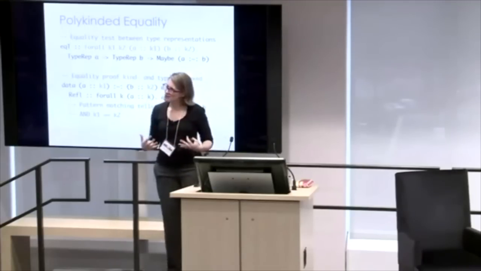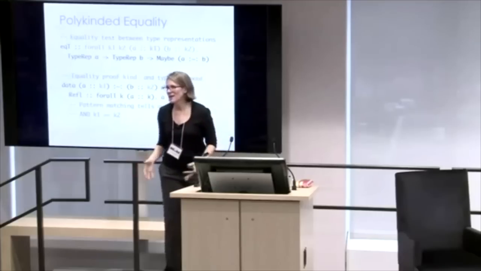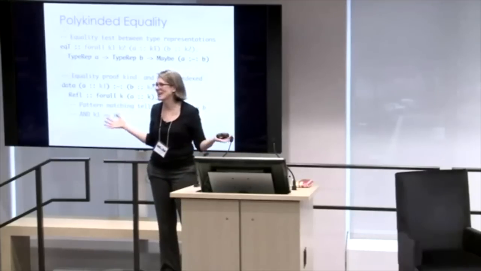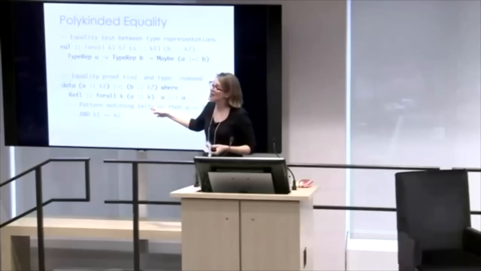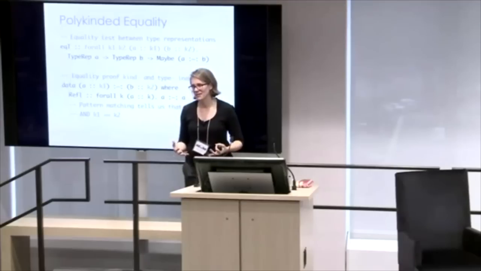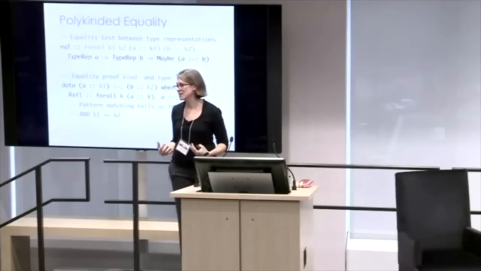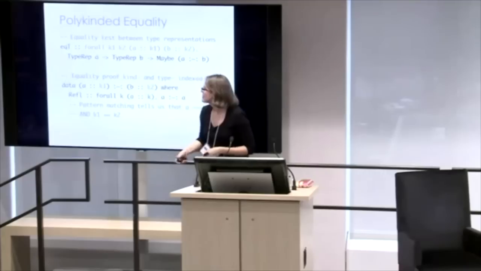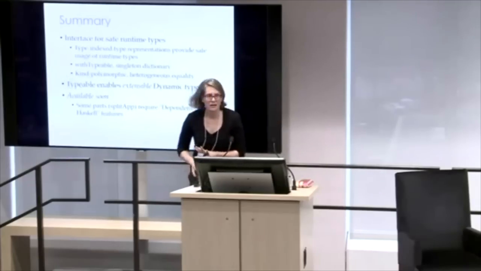And when you first start out, you're like, okay, here's equality. Why would I ever need to even talk about equality between things that have completely different types? But here's an example where you have to be able to ask the question so that you can find out that they do have the same types, or in this case, kinds. Okay, so